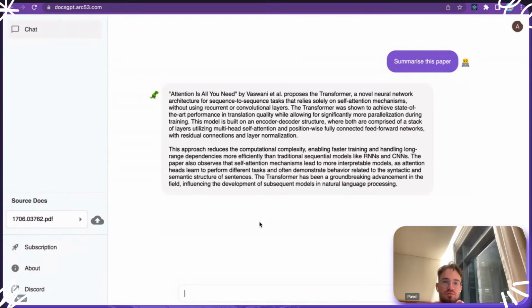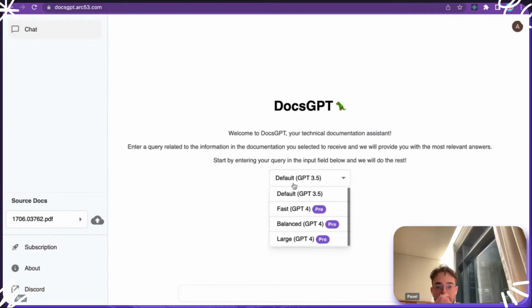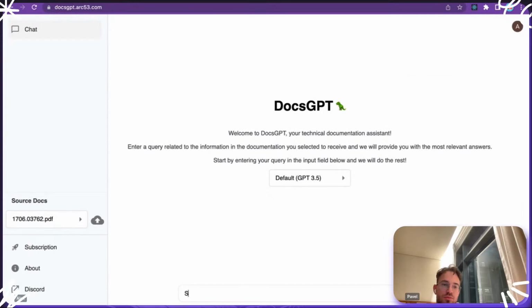Like with GPT 3.5, responses are usually made to be concise and short, but GPT-4 responses are made to be much longer and larger. And this is probably the reason why it performs so well, because responses are much larger. So we summarize the paper here with the GPT-4 model like this, and we can try and see how well 3.5